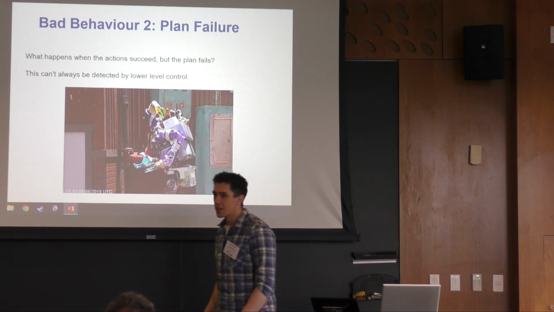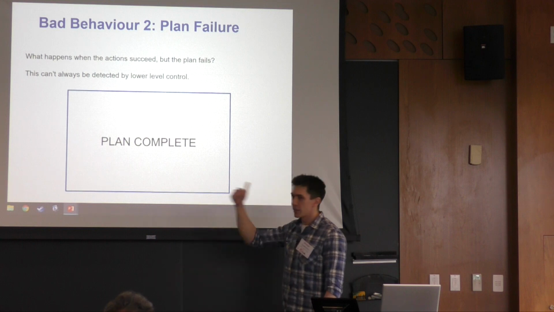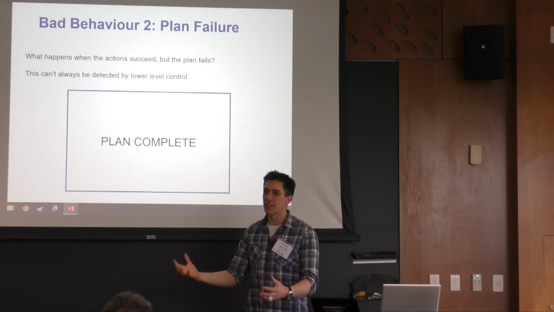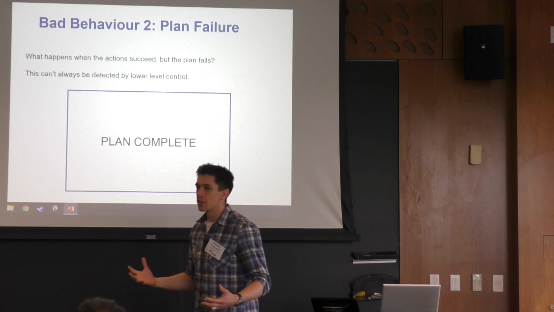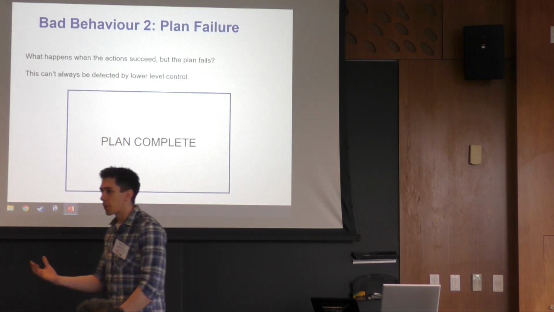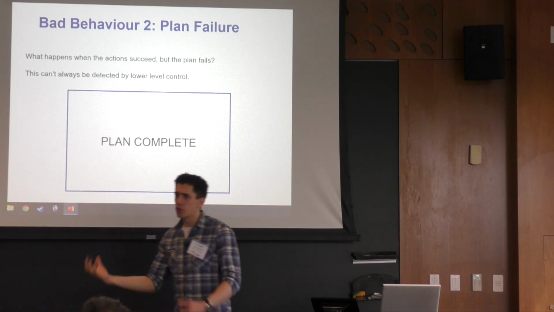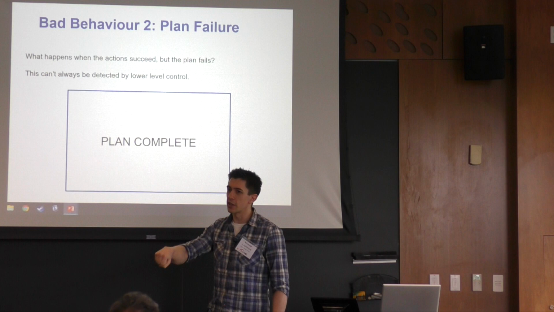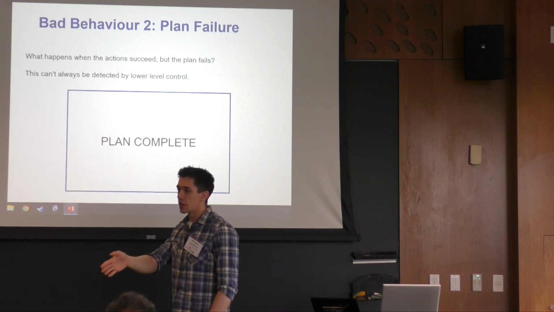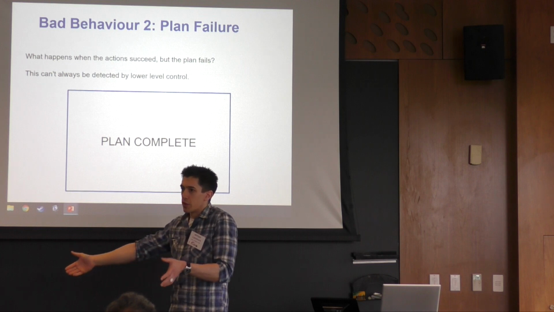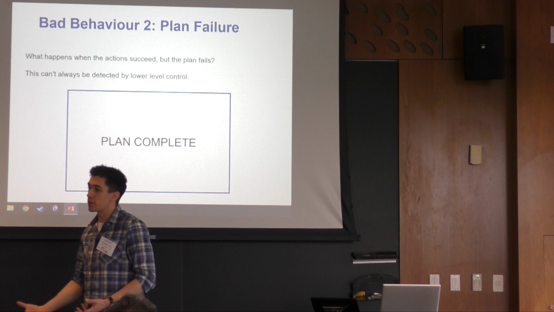Oop. I think the robot falls over at the end of that, but I'm not interested in the falling over. Yeah, plan success. All of the actions executed without fail. But obviously the plan didn't succeed. I imagine that the plan was for the robot to be turning the valve. But it wasn't the turn valve action that failed, I think. And I wouldn't even say that it was the navigation action that failed. If the navigation action had a threshold and it was within the goal threshold of the position in front of the valve, then that action didn't fail either.